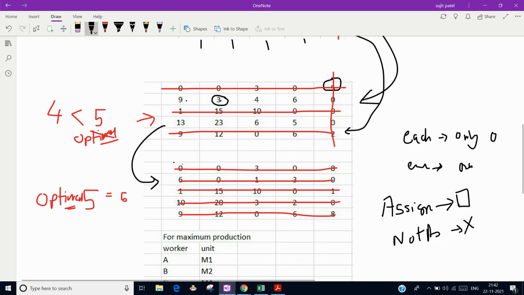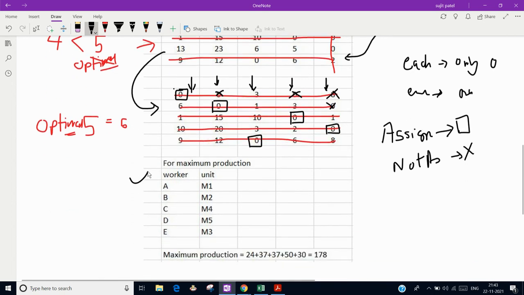So here I am assigning 0 to A. Here I cannot assign any of these, so this is crossed. Now in the second row there is only one, so I am assigning this, so I cannot assign this. In the third row I have only one option remaining. In the fourth row I have this option, and in the fifth row I have this remaining option. So now each row has one 0, and if you check by column, there is one and only one 0 in each column. So this is the final assignment.